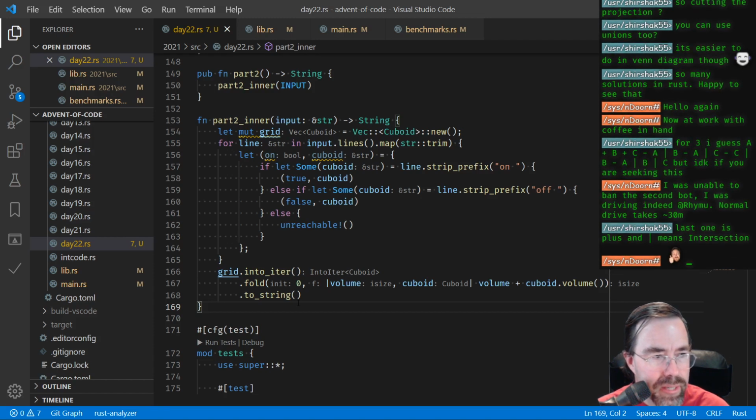You're unable to ban the second bot. You're driving indeed. Normal drive takes about 30 minutes. That's a pretty good drive, yeah. Not as bad as mine when I had to drive an hour. Last one is plus and pipe means intersection. Okay, but